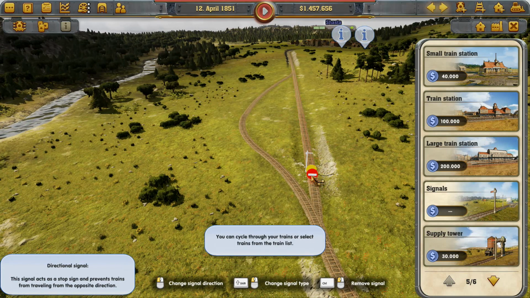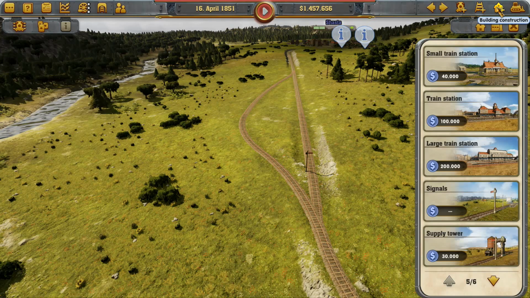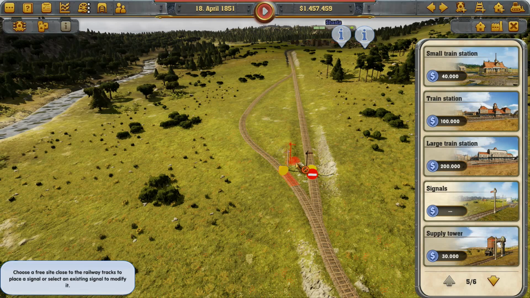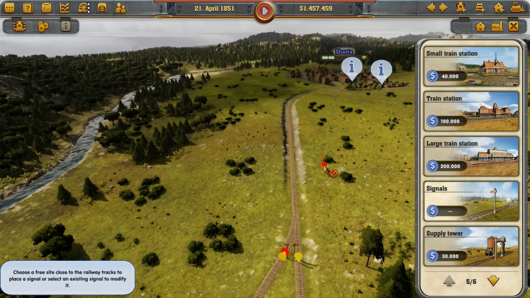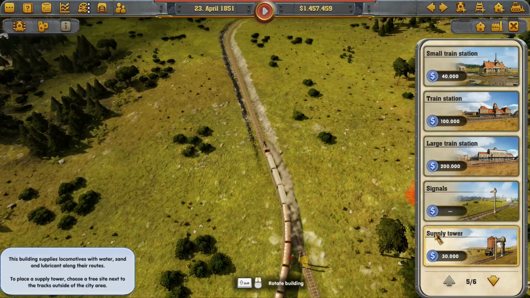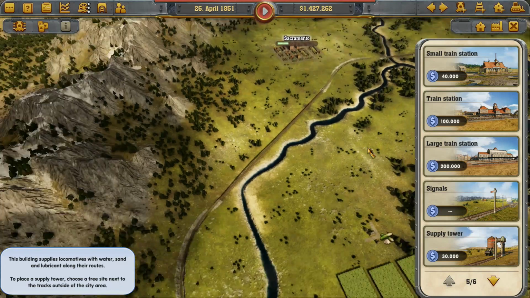Oops. Oh, why did it go that way? You demolish. Whoops, wrong button. That's better. Shift, click. Okay, so now I'm going to just... It's not perfect, but it'll do for now. Actually, I want to put one more supply tower up the top here. Like that. Okay, so it's not perfect, but I'm just going to show you